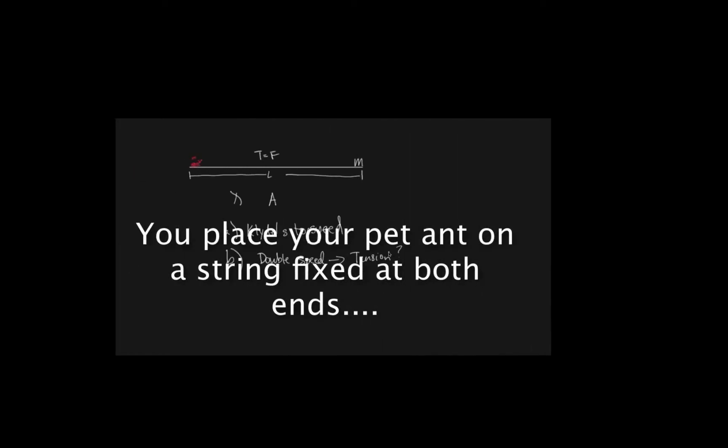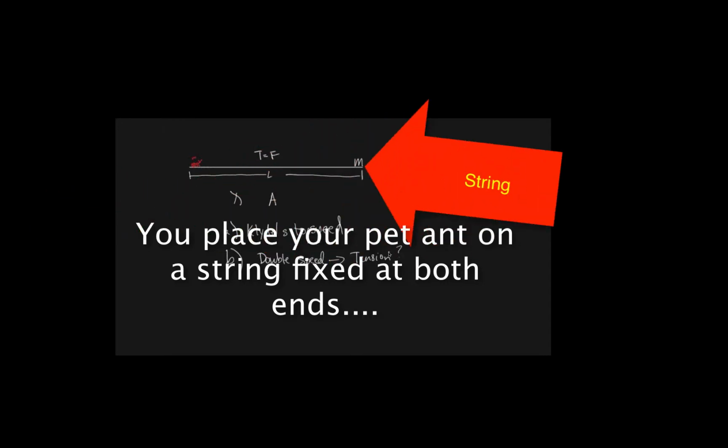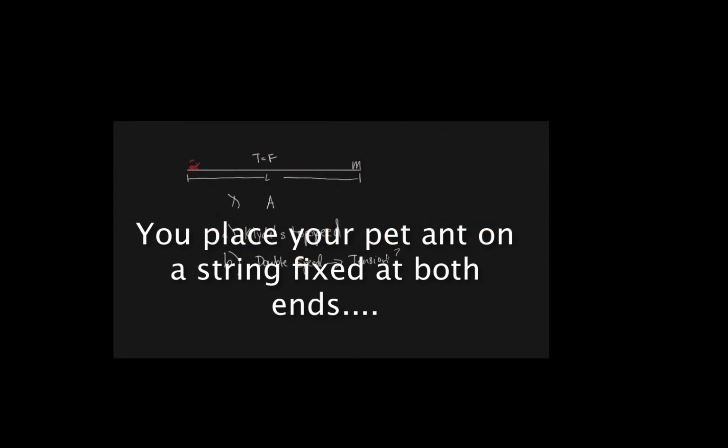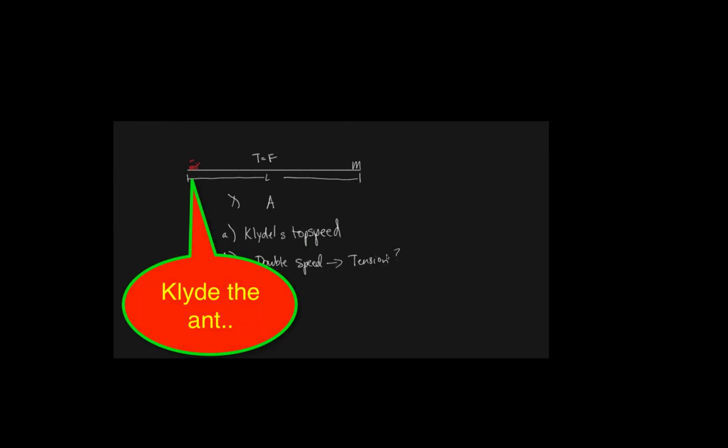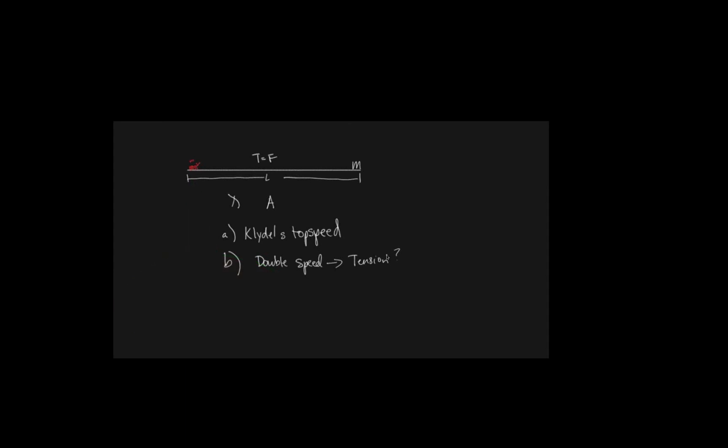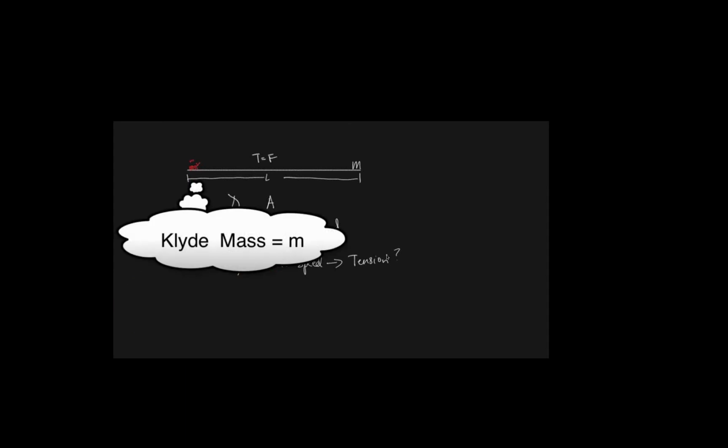We place our pet ant Clyde on a mass or on a string. So let's make a string. All right, and then we need an ant. So let's put our pet. Ants are usually red. All right, and Clyde has a mass little m